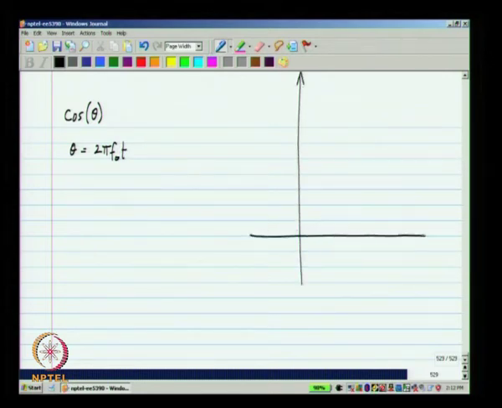So, let me now plot this theta with t when theta equals 2 pi f naught t. Obviously, this describes a ramp whose slope is given by 2 pi f naught. Okay. Now, the function cos theta is periodic with a period 2 pi. So, on the y axis I will mark integer multiples of 2 pi